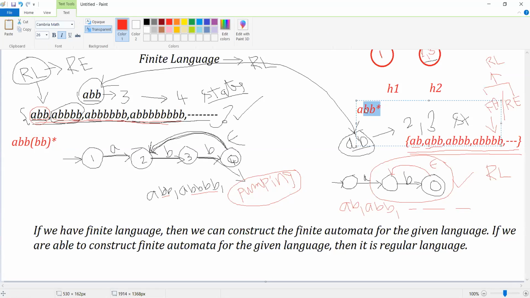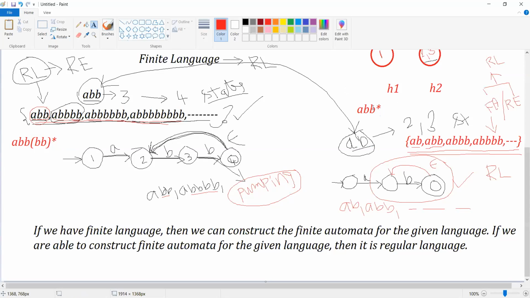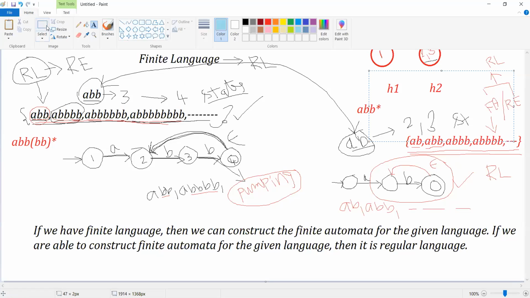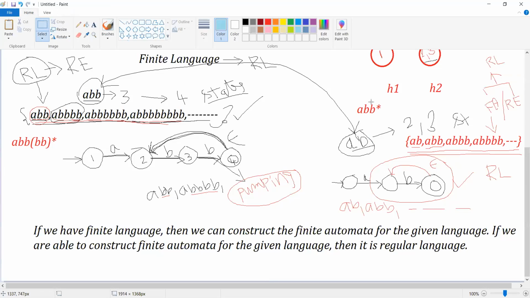Now we are able to write the regular expression. In this case the pattern is repeated with B, but in that case the pattern is associated with BB.